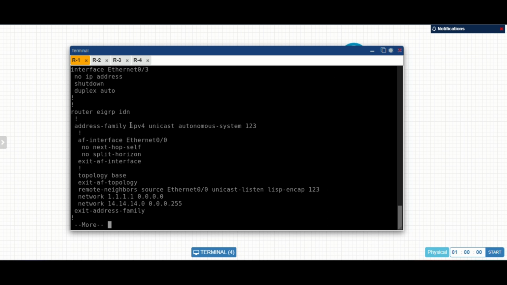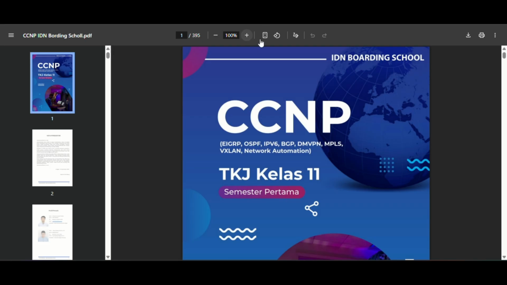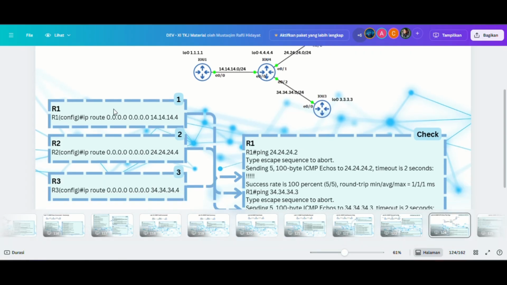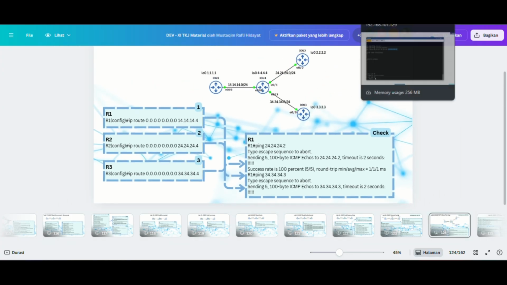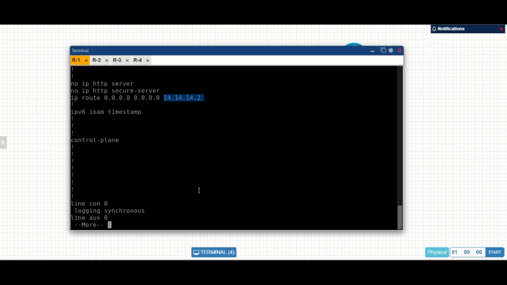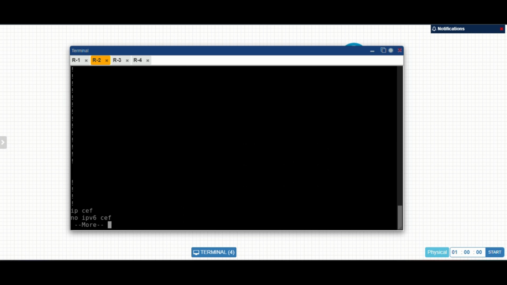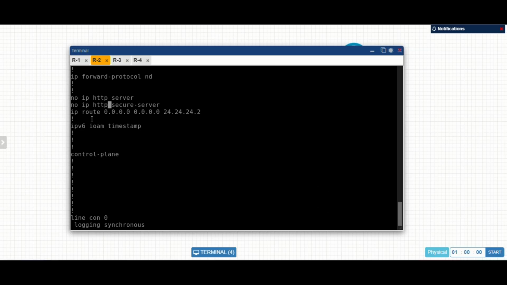So we will make an IP route like that. It will be a global network with this gateway. If here we use IP route like that, it's just a method, but I will show my configuration. And then in the router 2, we will make static routing also with this IP route.